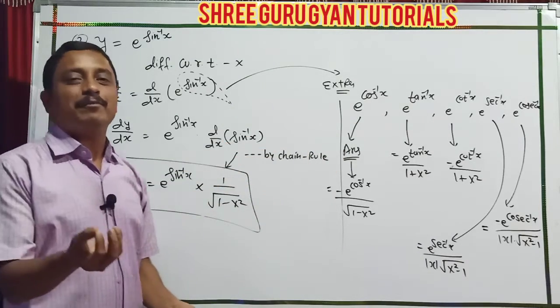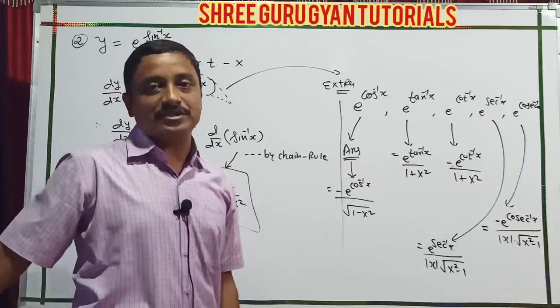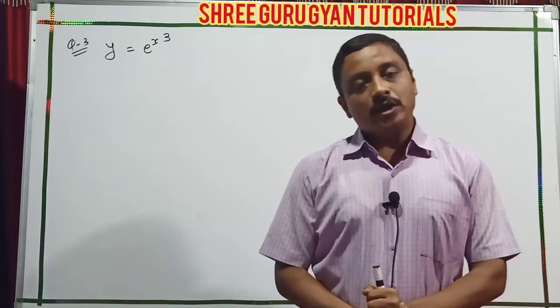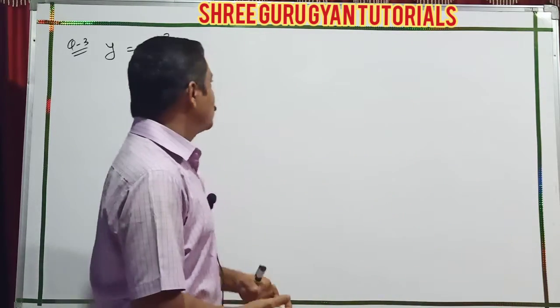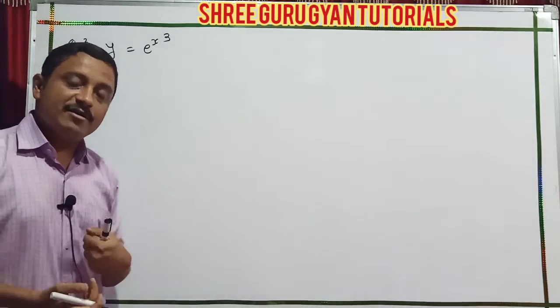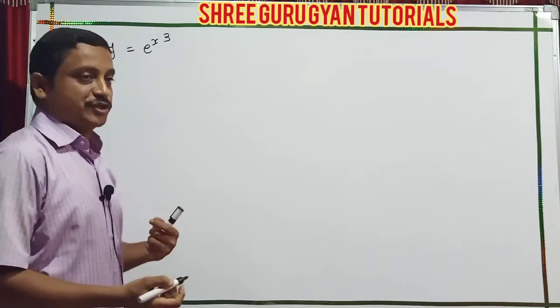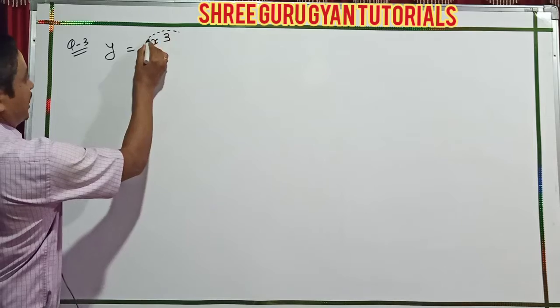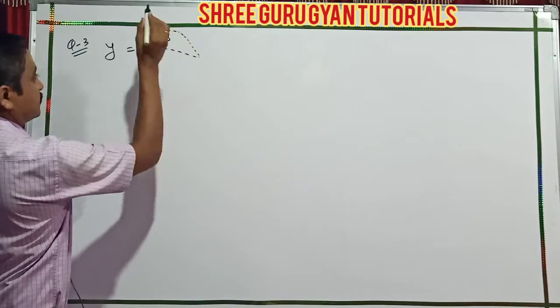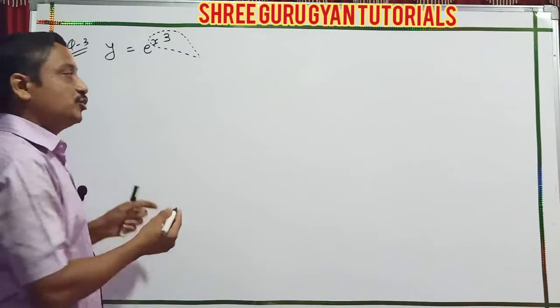I only and only apply formula-wise direct test, students. Now students, after ending these questions, I go to the next one, question number 3. y is equal to e raised to x cube. Students, here also you just highlight these terms. That is, here is one of the compositions.